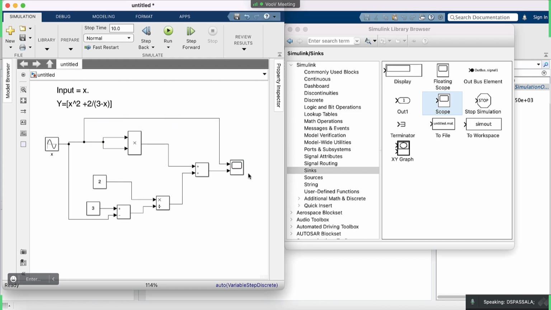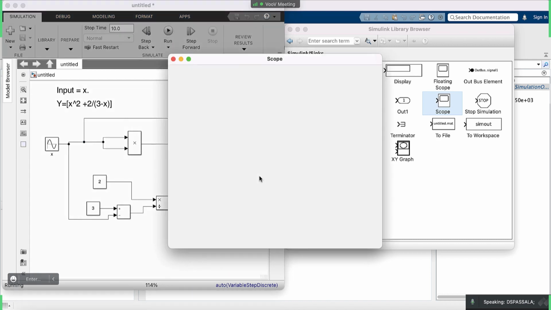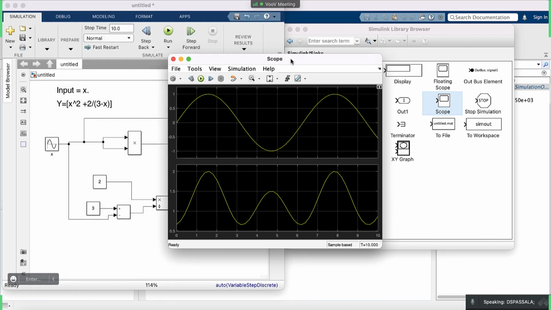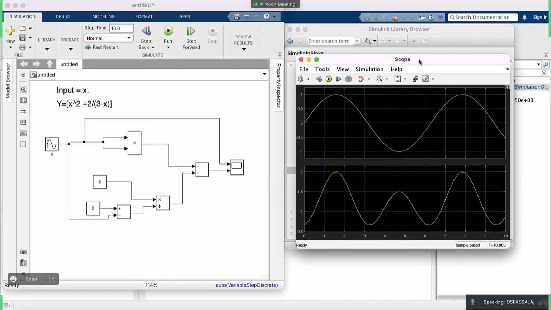Here we will watch X and Y. So let's run the simulation. 这个我也不管啥是啥，X 就这样，然后 Y 算完后就是这个样子的，就是 point by point。